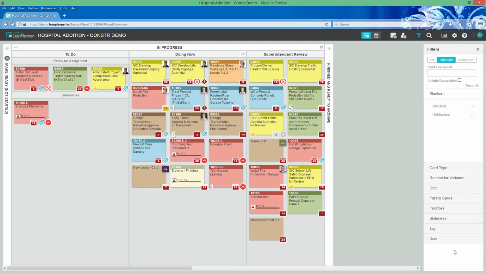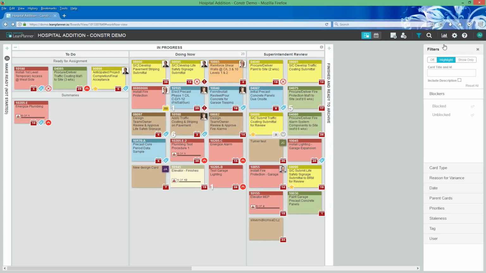Or show me any combination of data that you want to see, right? You could say, I'm trying to figure out why this has been delayed for a little bit. Show me cards that have not been moved in 2 weeks, right? That could be what's slipping through the cracks kind of thing. So there's lots of different applications there, but the point is you can filter on pretty much any piece of data that you put in here.